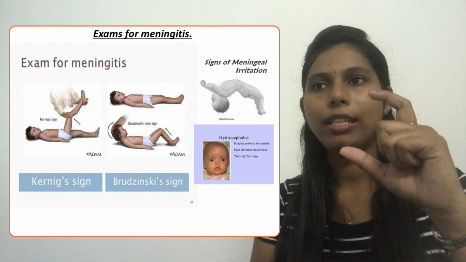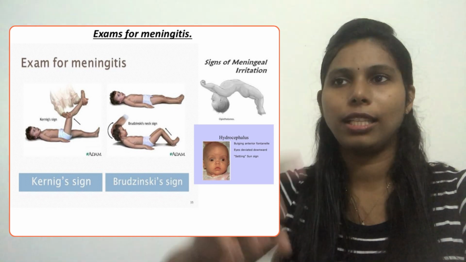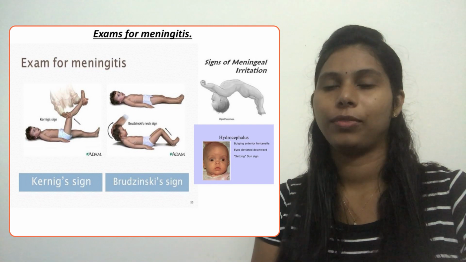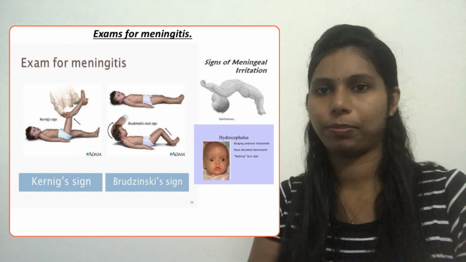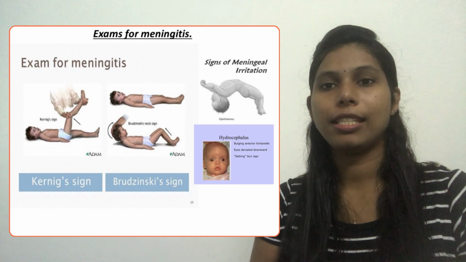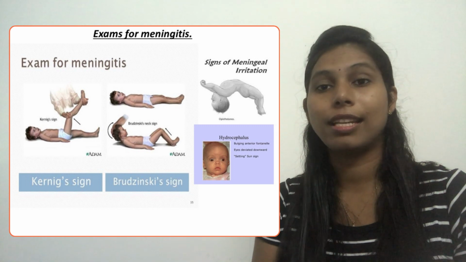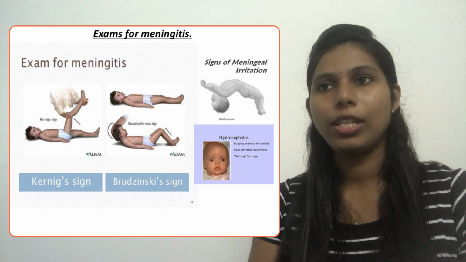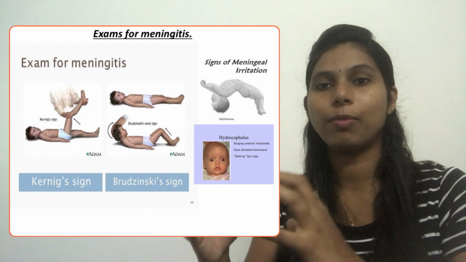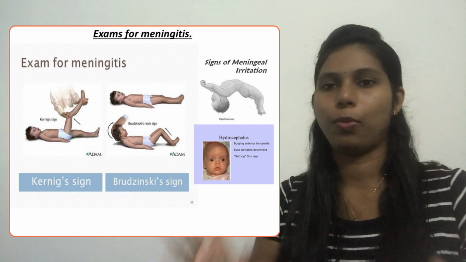Then another point, that is the opisthotonos position. In the first picture you can see on the right side, that is a sign of meningeal irritation. It's like a boat shape. Then for the child, other symptoms that we can see are hydrocephalus, increased ICP, then sunsetting eyes. So just keep all these points in your mind because the questions have some connections, especially most of the questions in our area are related to these points.